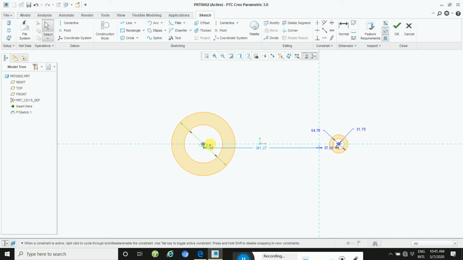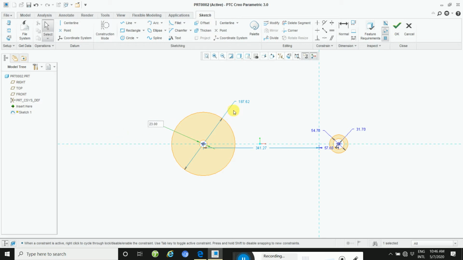Inner circle is here, drag and drop. And then the inner circle is here, the radius is 11.5 into 2, I think.